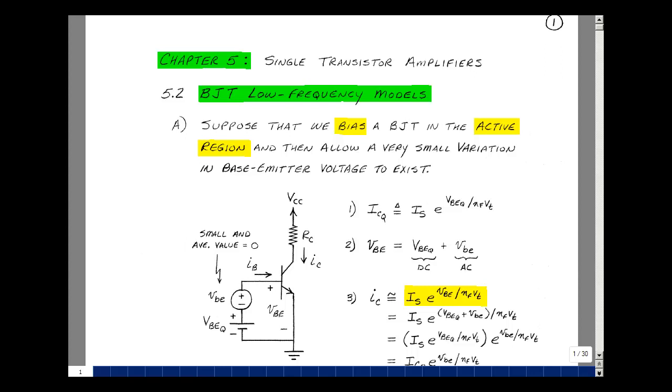This lesson deals with BJT low-frequency models. You can find these notes in the ECE302 ebook in Chapter 5, starting on page 1. Suppose that we bias a BJT in the active region, and then we allow a small variation in the base